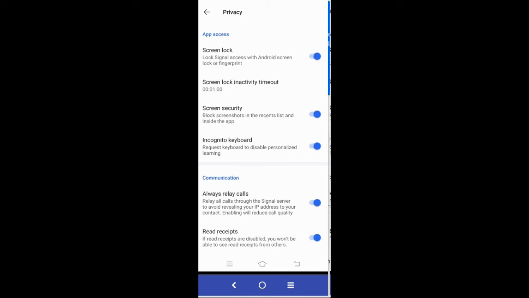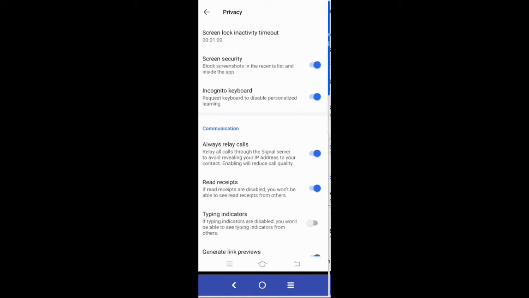Coming to incognito keyboard, if you turn it on, it means that any third party application that you have installed in your phone shall not be able to read your keystrokes. So it is advisable to turn it on. The only minus point of this is that you won't be getting auto suggestion of auto correction words. Now coming down to